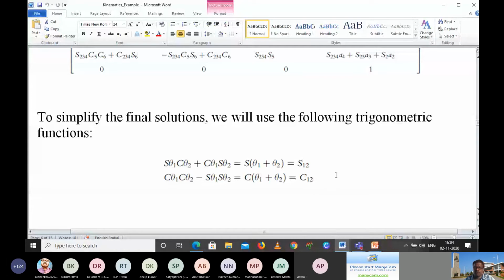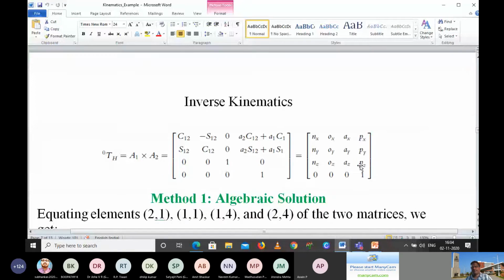So in some of the papers you will come across these numbers and get confused, but actually they are substituting like this. In research articles you won't find these kind of terms there. They are simply using this to make it very simple to look at. Okay, that's the thing.